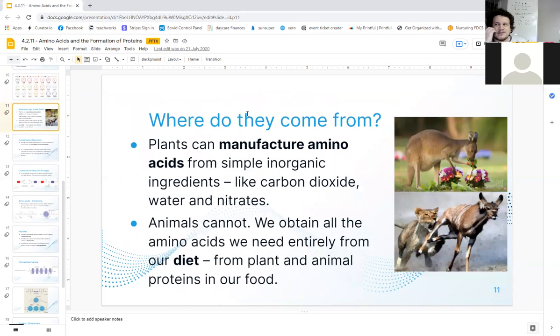So we can't manufacture amino acids. Only plants can do that. So small animals eat plants, and then as we go up the food chain,